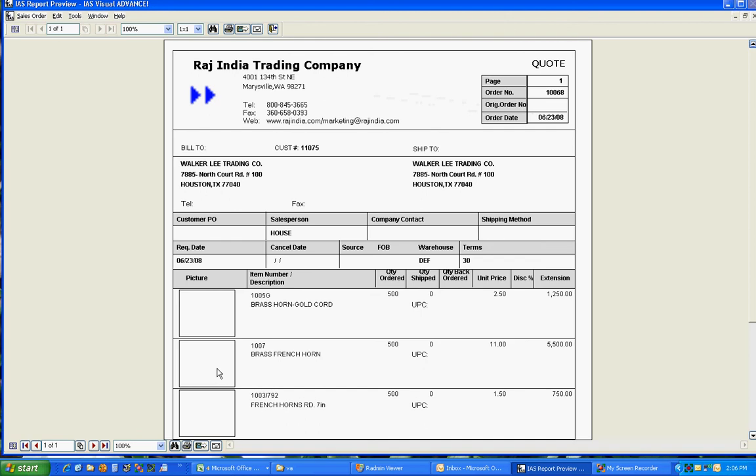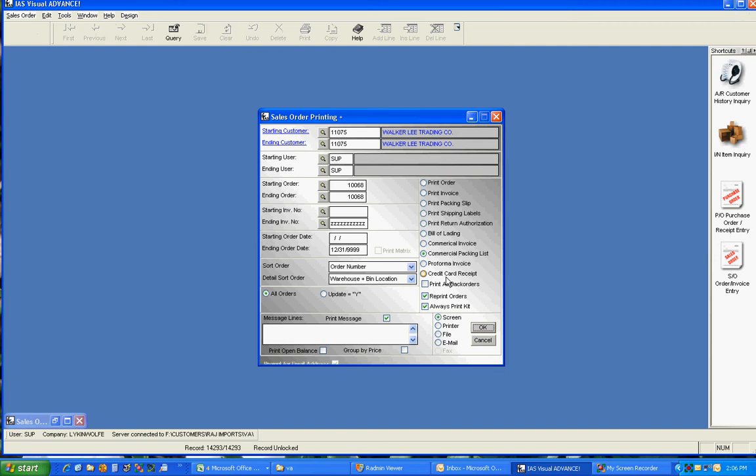What's the difference between a quote and a sales order? A sales order is an actual order the customer wants. A quote is what they're contemplating buying. So if they decide, yeah, I want to buy that, we can just go back into that quote. We'll change it to a sales- that's the next lesson. Sorry. Premature. That's our next lesson. So with that, any question on creating a quotation? No. Okay, so we're going to go ahead and close that